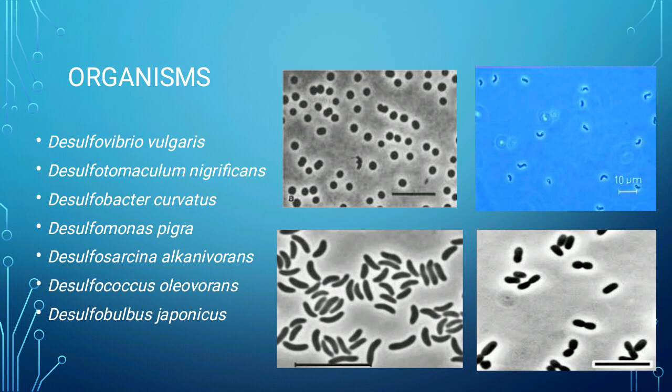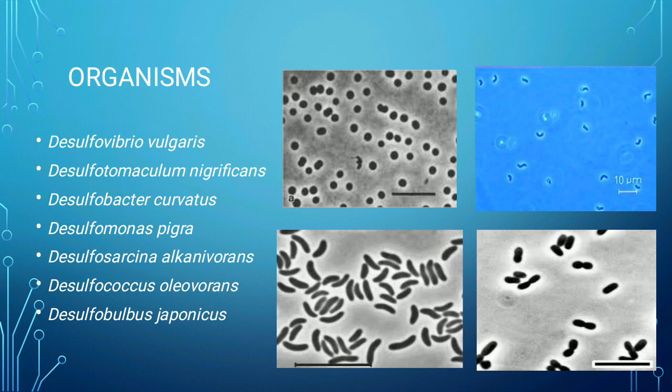I had told you that methanogens, or organisms that generate methane, are found at the lowest zone, and they are obligate anaerobes. They cannot survive even a little bit of oxygen. The same holds true for these dissimilatory sulfate reducers. They also cannot survive in the presence of oxygen. They are strict anaerobes. So these two zones, sulfate reduction and methane production, are the obligate anaerobic zones because these organisms are obligate anaerobes.